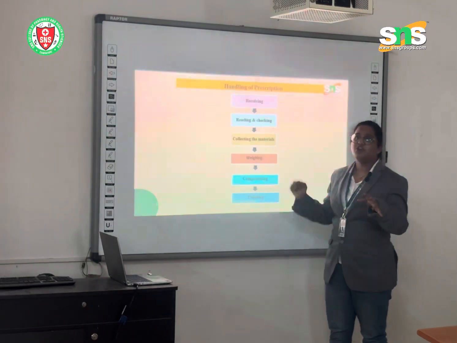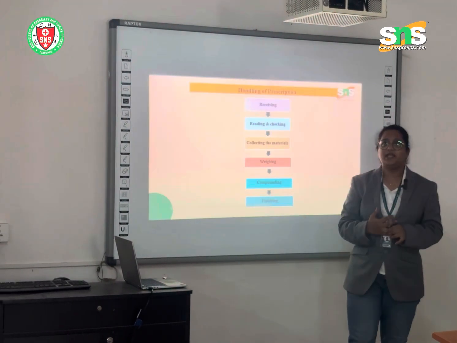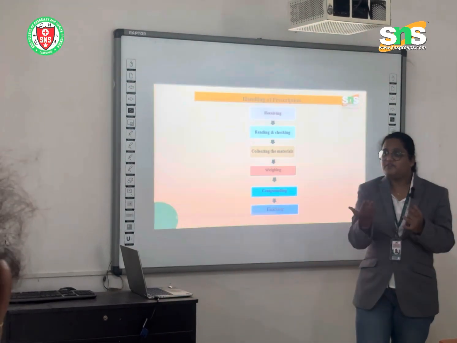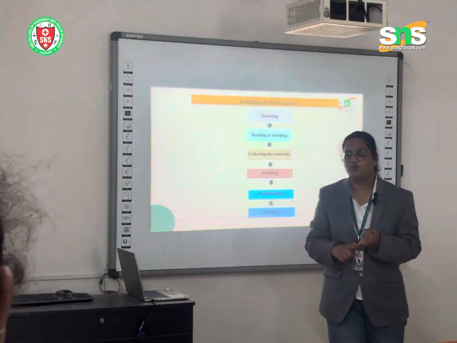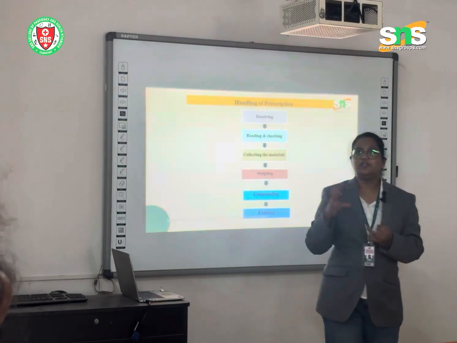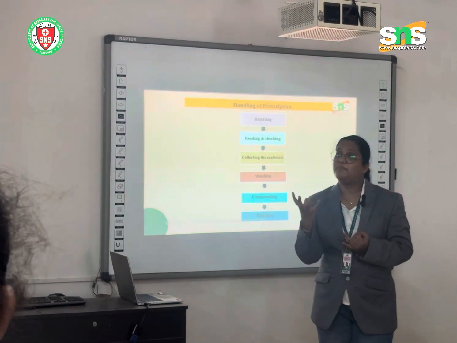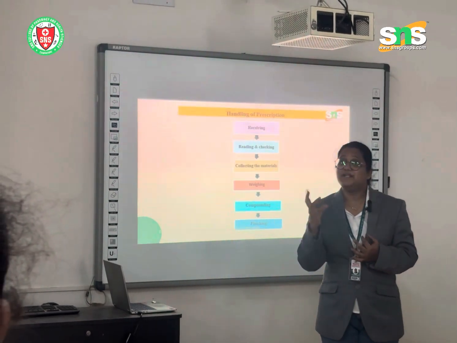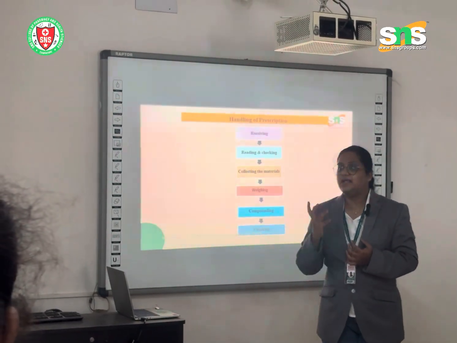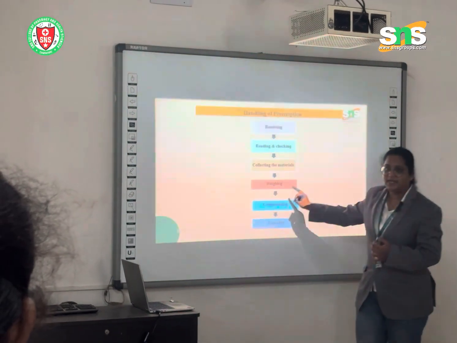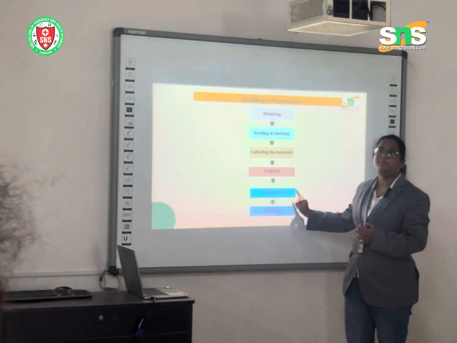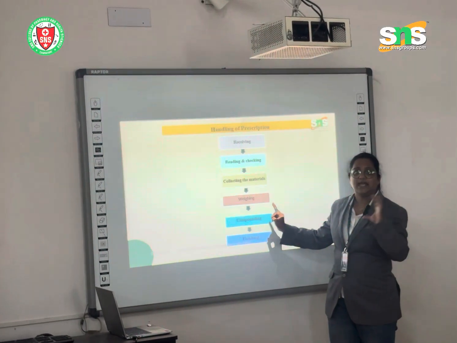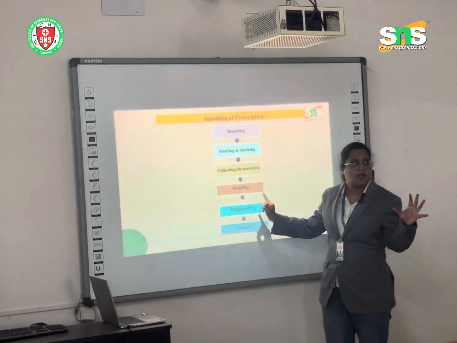Now moving on to compounding. What do you mean by compounding? With the materials you have to prepare a dosage form. Like I have given you sucrose and purified water. By using those, you have prepared a simple syrup, simple syrup IP. Like that, by using the weighed materials which were collected, you have to prepare one dosage form. That is called compounding. And then